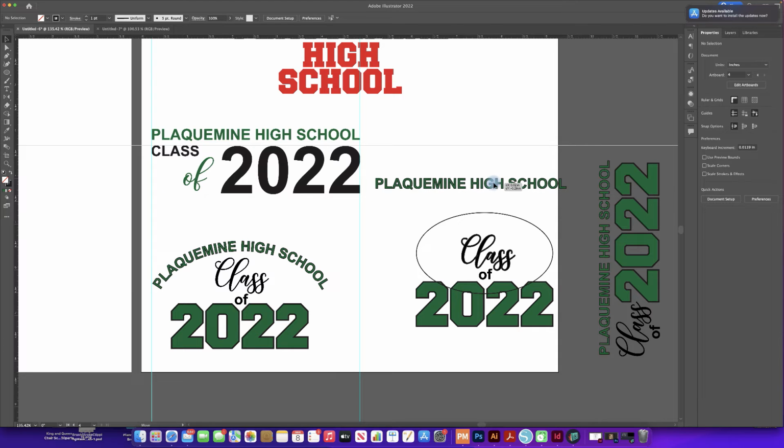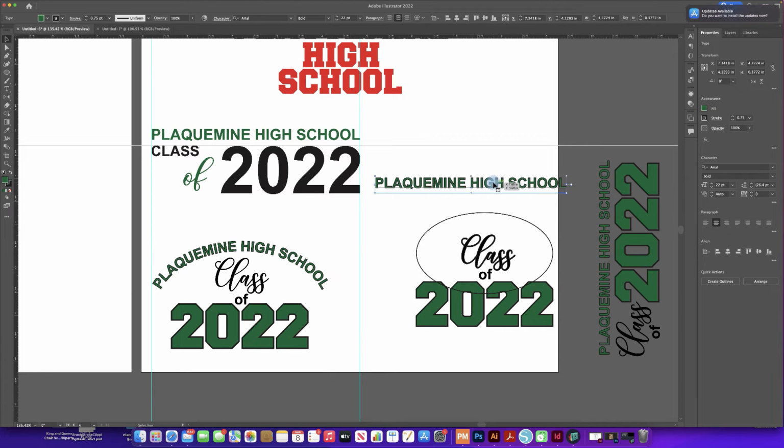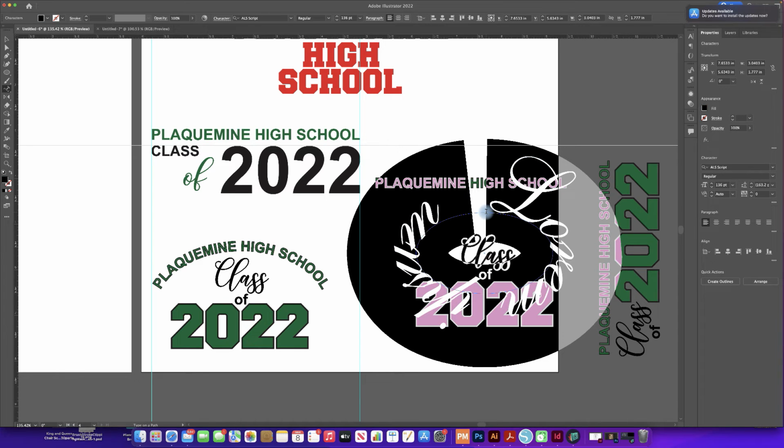Now, because we want Plaquemine High to go up there, we're going to do a Command C to copy. You're going to do Control C if you have a Windows computer. And we're going to go to the Type tool. If you hold down the Type tool, go to Type on a path. As you can see, our pointer changed from that triangle to another type of tool. And if we just rest that tool on top of the oval, and click one time, it will fill it